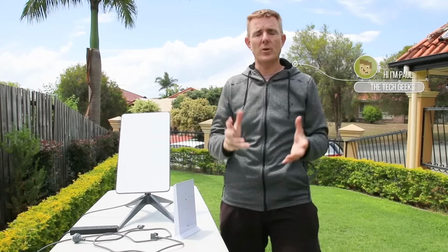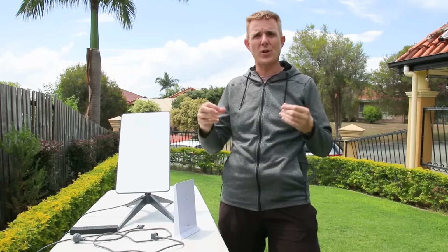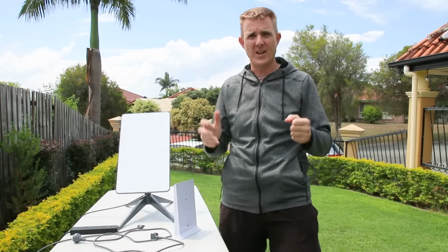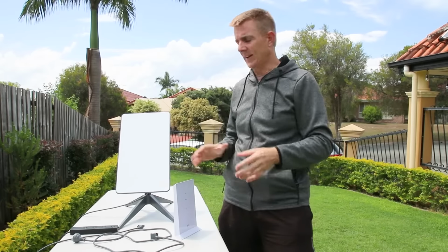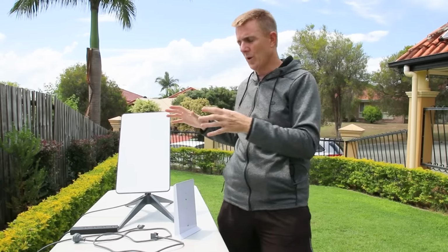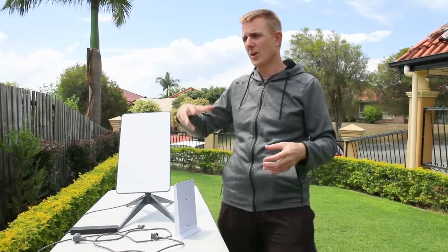All right, we get so many questions asked about Starlink that we thought the best thing to do was to get our own setup, set it up here as an example, and show you some of the bits. Look, this is not meant to be a big technical overview, because there are plenty of people out there that know way more than I do about Starlink. We're more interested in showing you the basics and then how you can use what you've got here to extend the Wi-Fi in your property, or maybe to another building, or even out to your watering holes, your boreholes, or